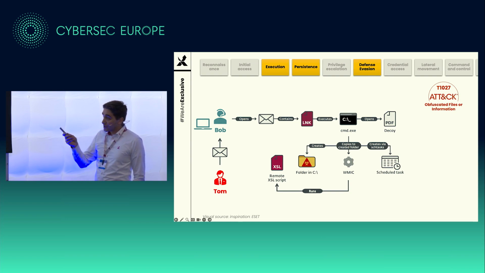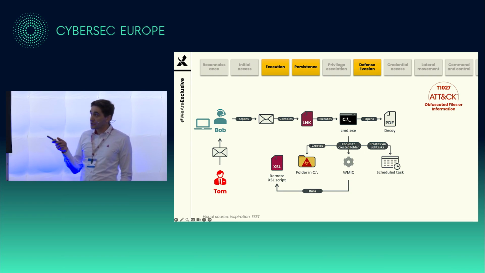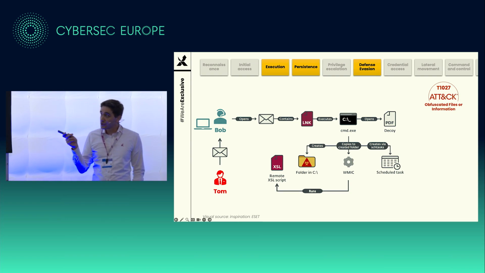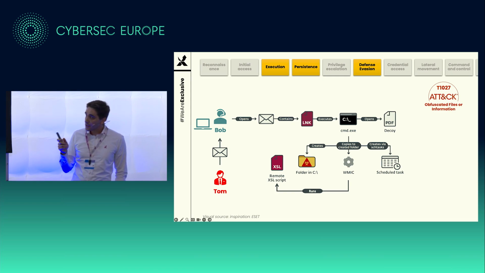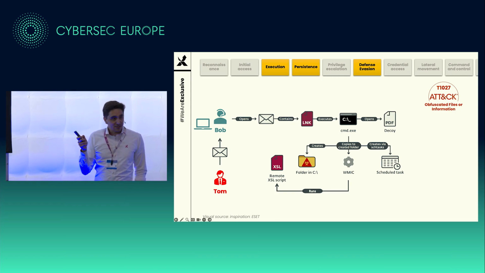Then, what does an executable do? Well, it downloads a bunch of other files, like our own version of WMI, drops some malware in a folder on the C disk, where it looks not suspicious, installs some scheduled tasks to gain persistency, and it executes XSL scripts. Because these XSL scripts can also bypass the AppLocker capability and can run all kinds of JavaScript and other scripts on the system.